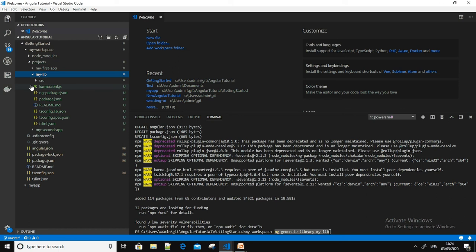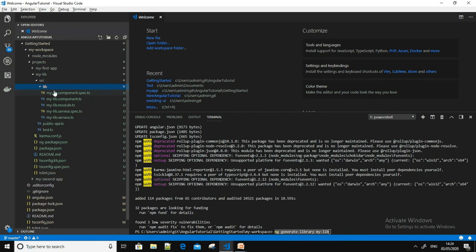Inside the library, there are library specific files. The library also has source files, and inside the source there would be the library code. The library again has components, module files, and service files, specific to that library for code, data or logic, whatever you want to do with that library.